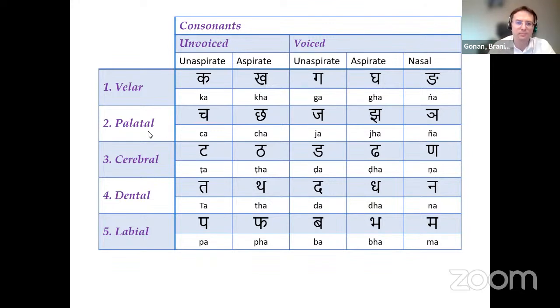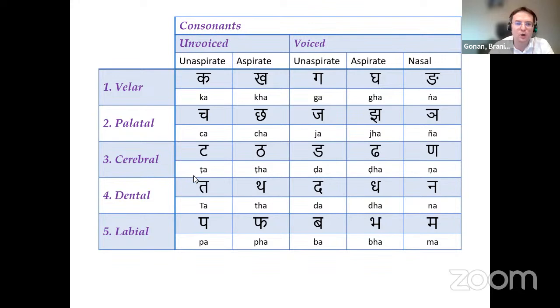Then we have the palatal group of consonants, cha, chha, ja, jha, nya. So you can also see why palatals, right? Velars, this is the soft palate; palatal, palatum durum or hard palate. And you see here, those second in a pair is aspirated or voiced, right? So chha, in Sanskrit, it is called Mahaprana, right? So we need to actually really voice these letters. Cha, chha, ja, jha, nya. Then the third